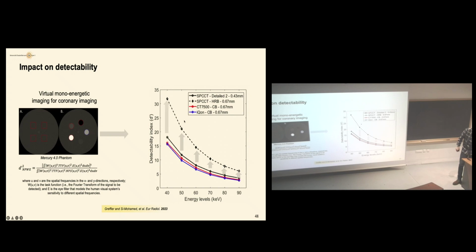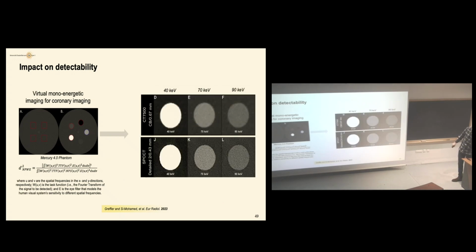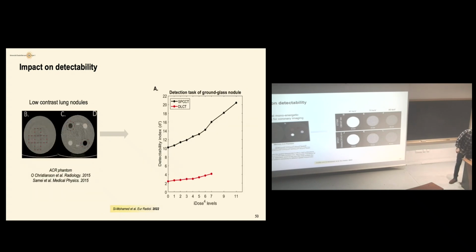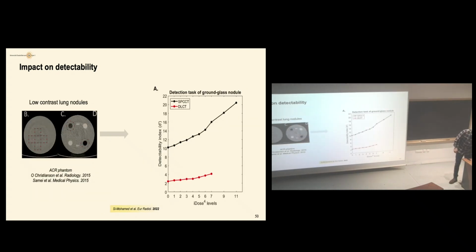Okay, this is the gain for each energy involved, and at the end, we saw that spectral photon-counting, of course, is improving the spatial resolution for standard imaging, such as 70 keV, but it can also provide even higher spatial resolution and high detection at 40 keV. And this is important because you will end up with high attenuation, and you will see that for clinical application, this is changing the clinical routine.